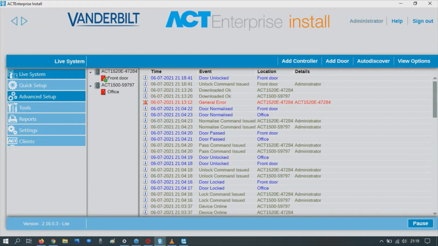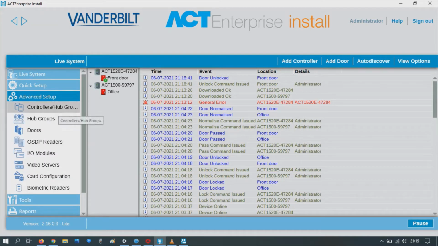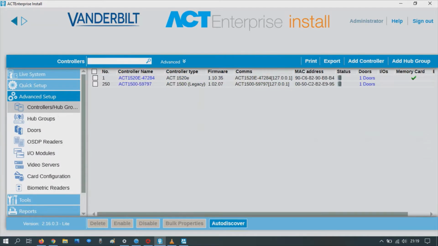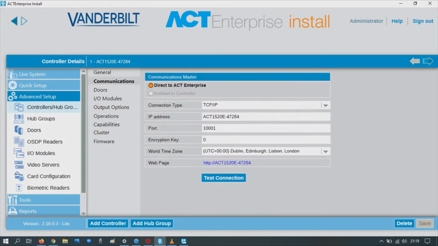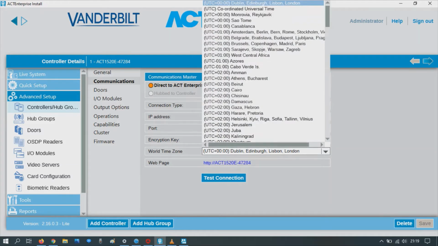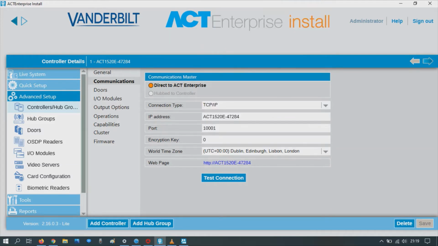As I mentioned about time, we just want to make sure the time's correct. So let's go to a controller, then communications, and at the bottom there, world time zone. Set it to the time zone local to you. As I say, synchronize with your PC anyway.